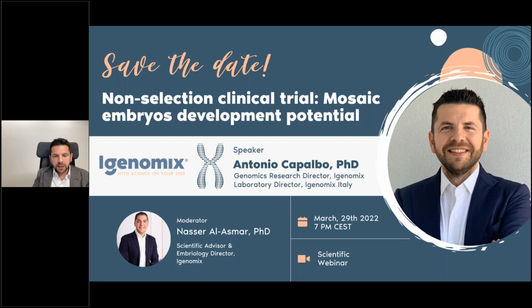And so I really don't see any clinical utility in reporting this, and I would avoid the situation where these embryos are then discarded from clinical use, because they can really add to the cumulative live birth rate. They are showing similar reproductive potential and not increased risk. So I really don't see any advantage or any clinical utility in reporting mosaicism today as it is done. So below 50%, for me, they all go under the same umbrella.